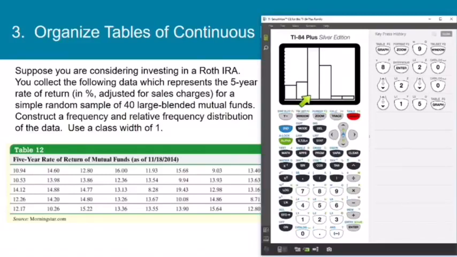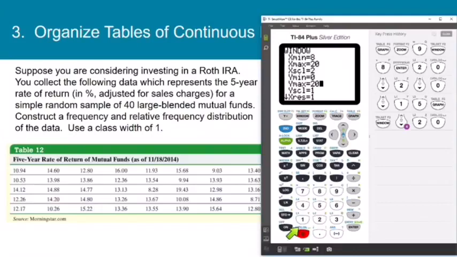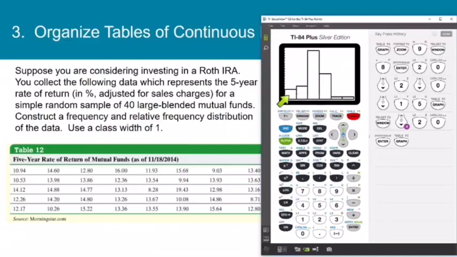So what I'm going to do is go back to Window and change Y max to 20. And now I'm going to graph again, hit graph. Okay, now I can see my tallest bar. This pretty much looks like the graph that we generated when we drew it by hand for the class width